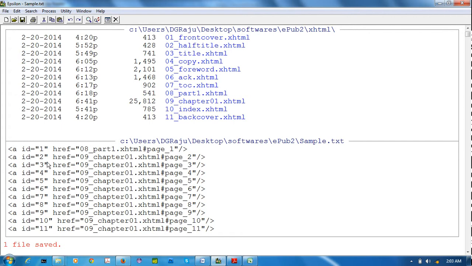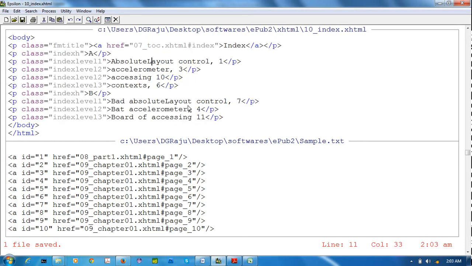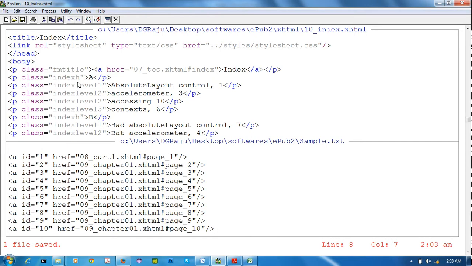Okay, now I am placing the cursor here, home, this file home. I am opening the index and placing the cursor here. Now I want to replace some code here. Suppose Alt or Control T means regular expression.